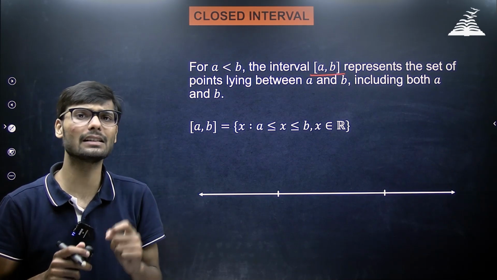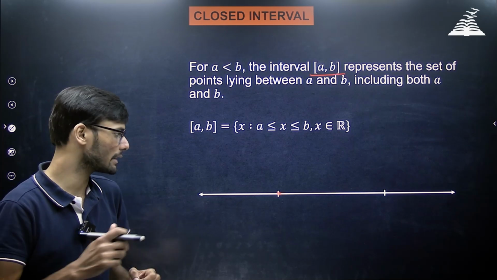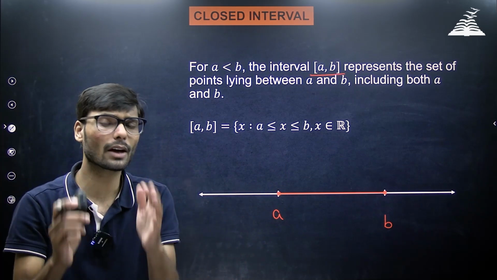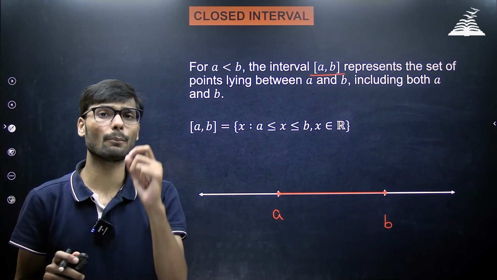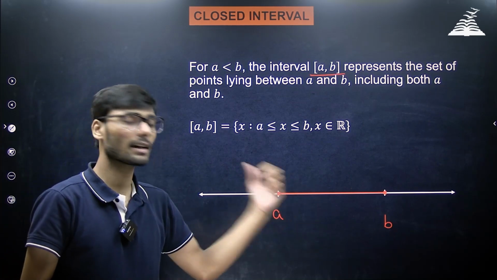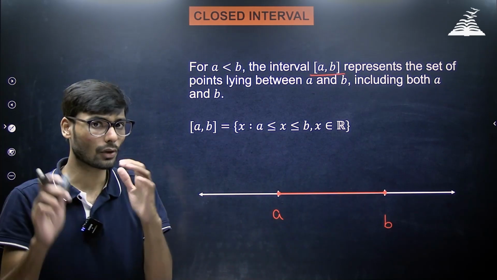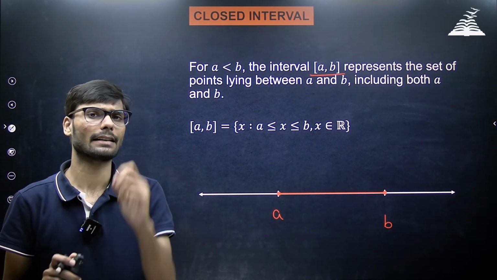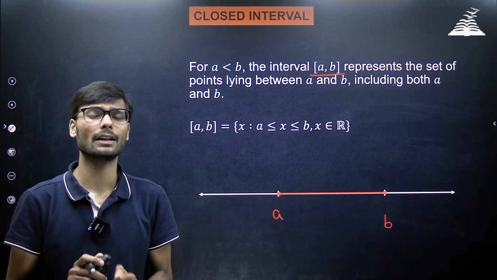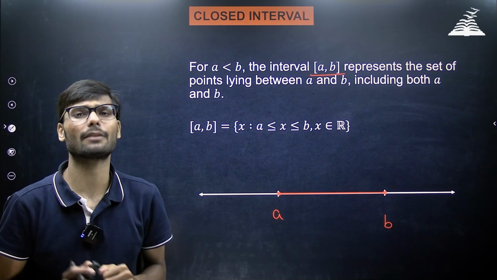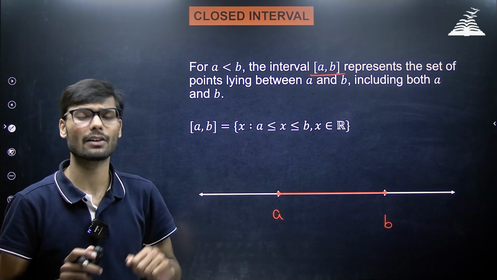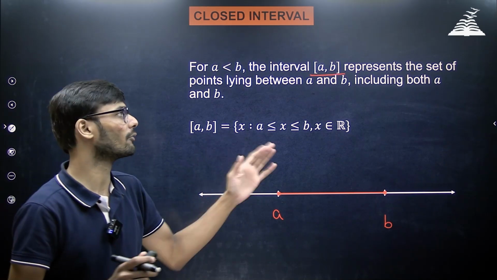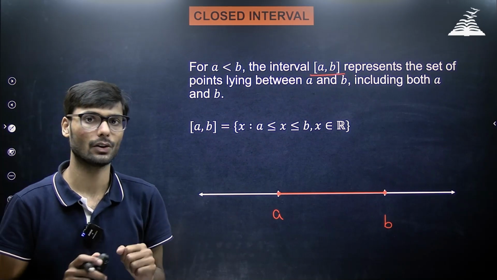How do we denote it on the number line? Instead of hollow circles, we are going to put solid circles this time. So this is A, this is B, both the points are included. So we are putting solid circles on both A and B. If such a number line is given where you see solid circles on both the ends of the drawn line, you must understand that the endpoints are also included. If we talk about the smallest number that's present in this particular interval, that will be A. And what's the greatest number that's present in the interval? That will be the number B, right?